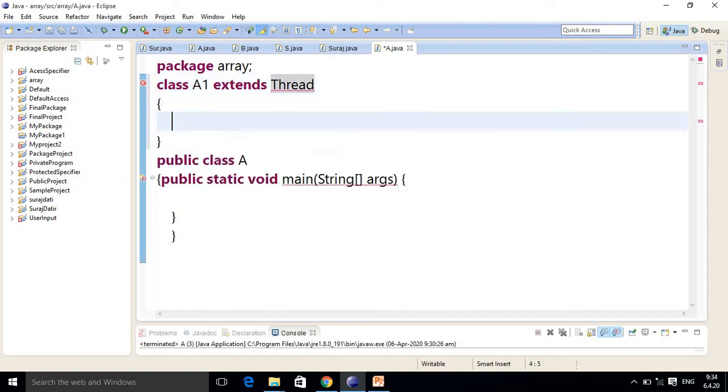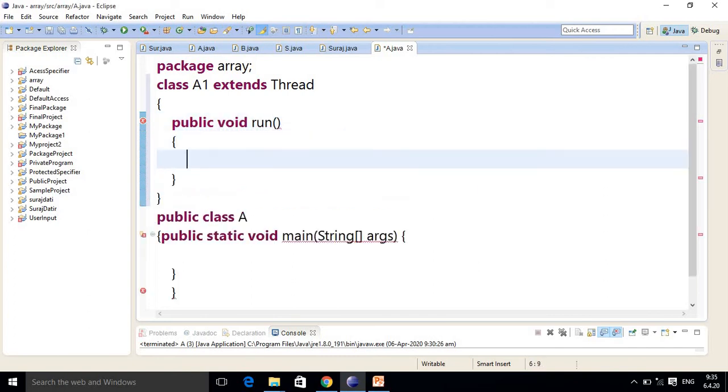This is my first thread class, and as you understood, here you have to use the public void run method. Here you have to put your code.